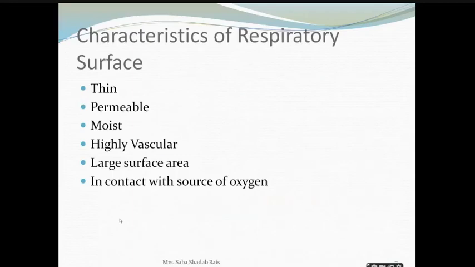Now, characteristic of the respiratory surface, or you can say the respiratory organs. For respiration, the organ must be specialized. Specialized means it should help in the respiration, or you can say the gaseous exchange. So, what property must it comprise of? When we talk about the respiration,